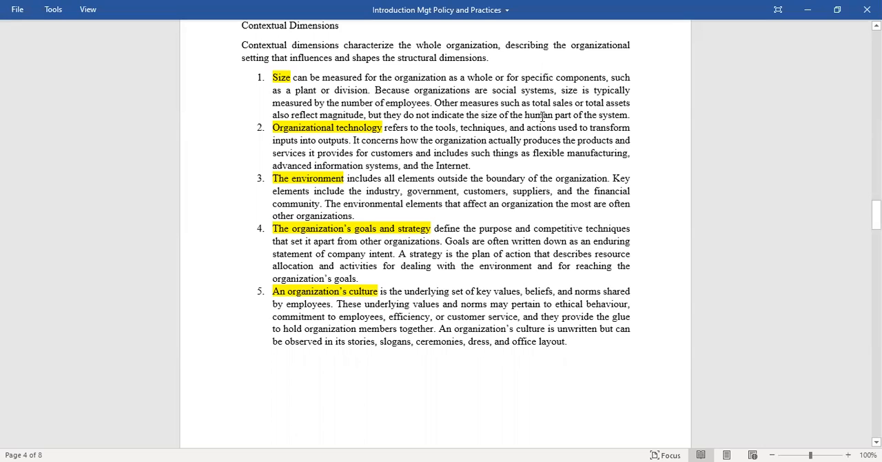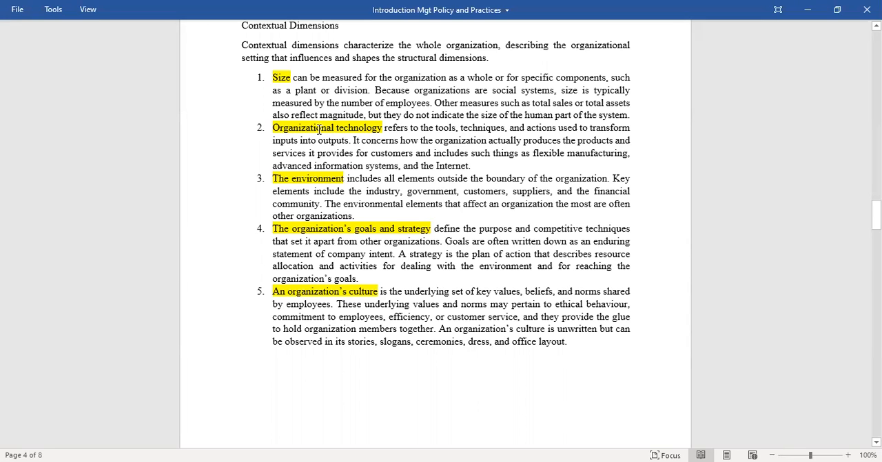That makes up the size of the organization. A large organization would have a large number of employees. Similarly, it would have a large level of sales and total assets, etc. Now, the second cultural characteristic is the organizational technology, which means the tools, techniques, and actions used to transform the inputs into outputs, right? So, organizational technology, the level to which technology is being used to produce the output,